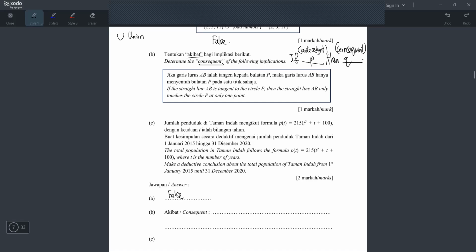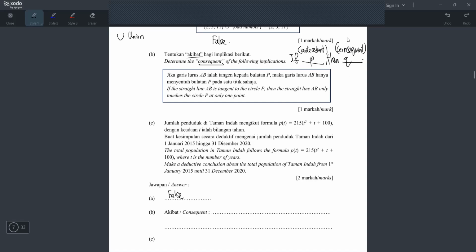Consequent dalam bahasa Melayu the akibat. So remember, depan is antecedent, belakang is consequent, because sometimes they might ask this in objective. Okay, walaupun sangat rare lah, tapi mungkin dia akan bagi soalan macam ni, and then A, B, C, D, dia akan tanya, oh, which one is the antecedent, which one is the consequent, and then you kena tahulah antecedent is yang depan, consequent is yang belakang.